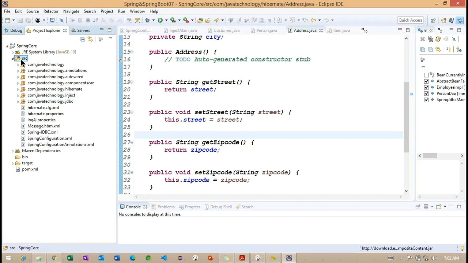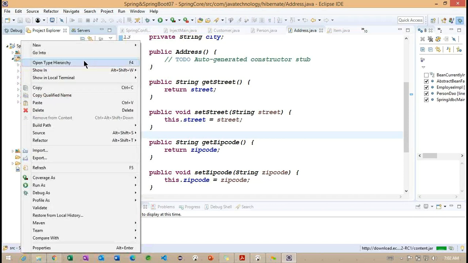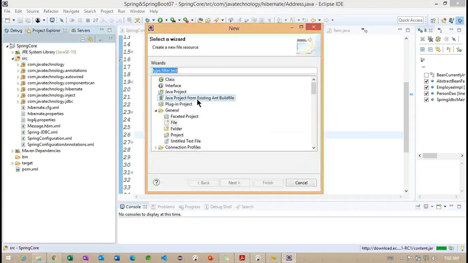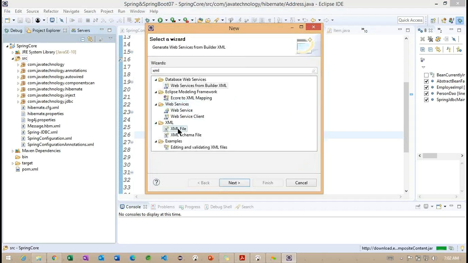And inside this configuration file, we need to work on the XML, and we need to specify the model class name.